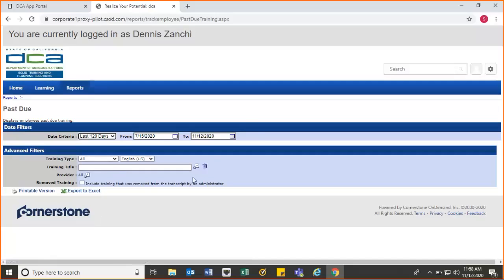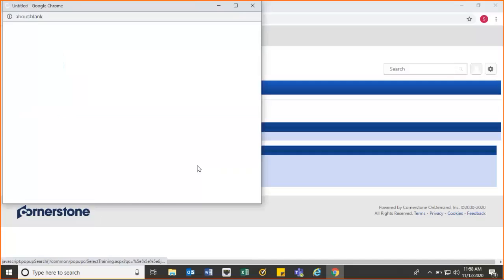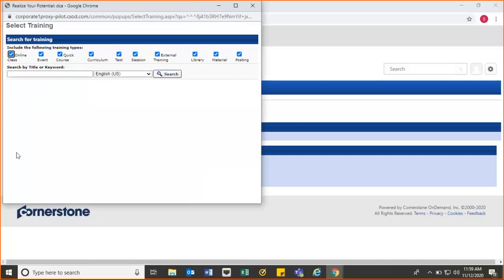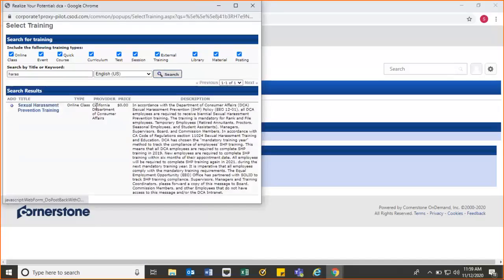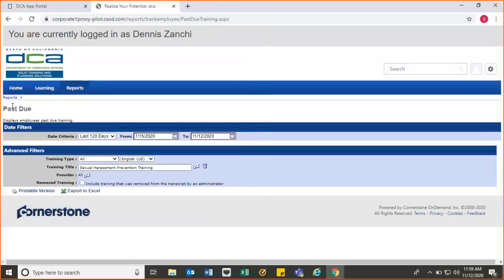If you have a specific course you wanted to look at data for, you can also click this little pop-out for training title, and it'll bring you here. So maybe you only are interested in which of your employees. You can check your employees' transcripts if you don't have that many, but if you also want to report, you can do it like this. So you would select the training. If you have a lot of employees or for upper management, you just want to run on every one underneath you, you can do that as well, and then it'll just pull up the last 120 days of this report,